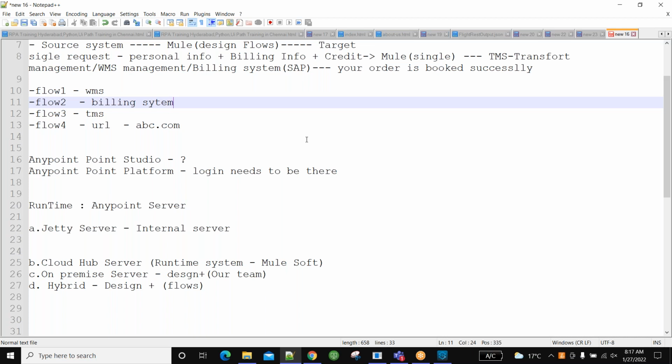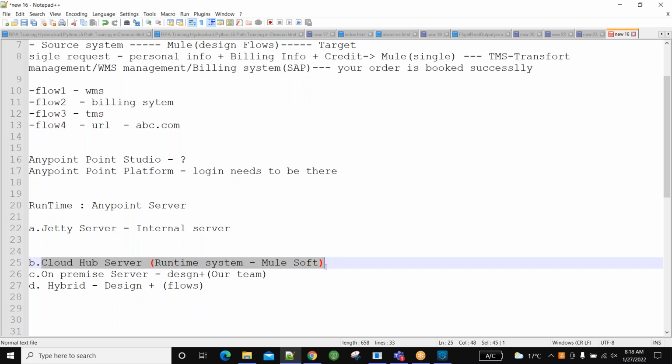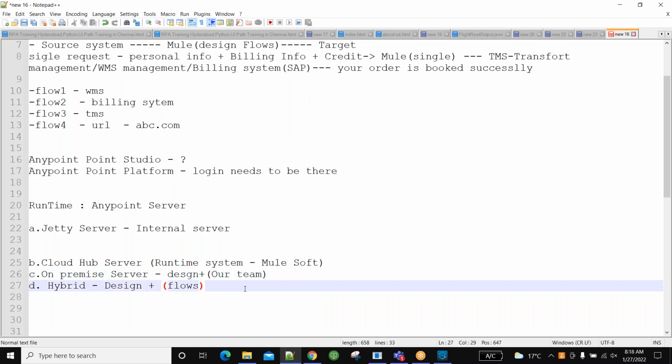So most of the time, any critical logic we implement using DataWeave expressions. How to implement, whether you have written custom packages or how you reached that, we have to frame in our analysis. Another immediate question they will put is, what kind of runtime? What type of server? Even if you say CloudHub, apart from that they will be asking other questions. If I am the interview panel and people say CloudHub, I will ask about on-premise. If they say hybrid, I will ask about CloudHub. It depends on mentality.